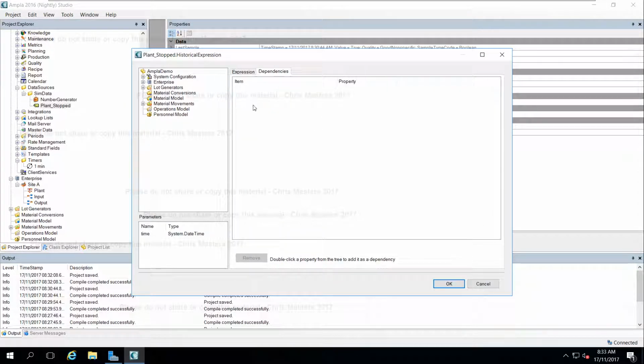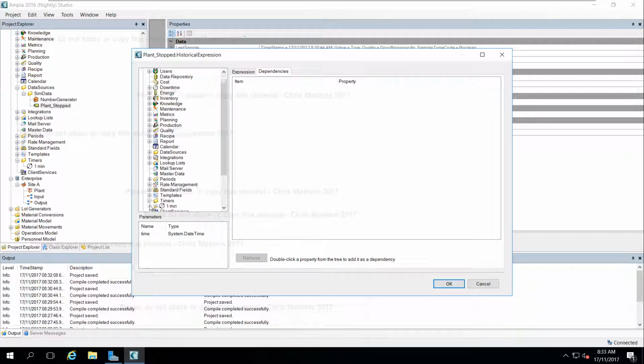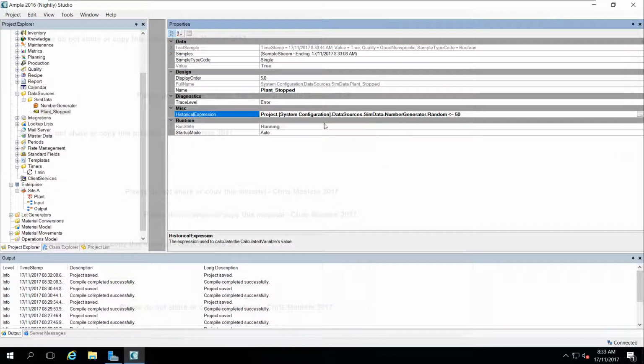So I'm going to add in, see how it's got no dependencies in here? So that means it won't actually recalculate ongoing. It will sit there just at that number forever and a day. So we need to add that dependency. So now what I can do is grab my timers, my 1 minute timer, and add that. So now that's a dependency to say every time this timer goes off every minute, reevaluate this expression, because it is now a dependency on that expression. So if I save that,